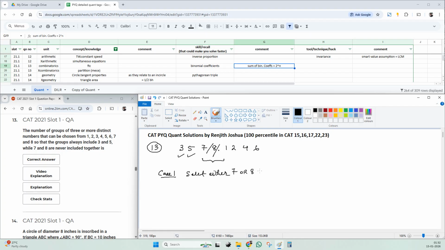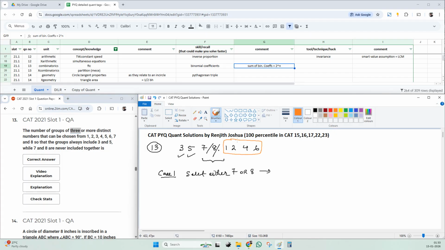Now notice that this will take care of the third item that has to be selected. You have selected 3, you have selected 5, now you're selecting 7 or 8. So that takes care of the minimum of 3 that should be selected,